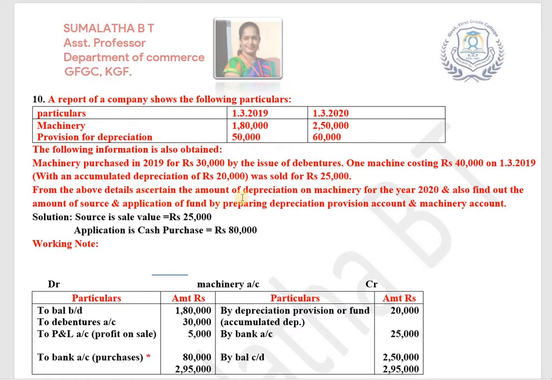From the above details, ascertain the amount of depreciation on machinery for the year 2020 and also find out the amount of source and application of fund by preparing the depreciation provision account and machinery account. So sometimes for section B, either they'll ask you to prepare a schedule of changes in working capital, or they'll ask you to prepare funds from operation, or sometimes they'll ask you to prepare some accounts. By giving the information, they'll ask you to prepare the machinery account or fixed assets account or provision for